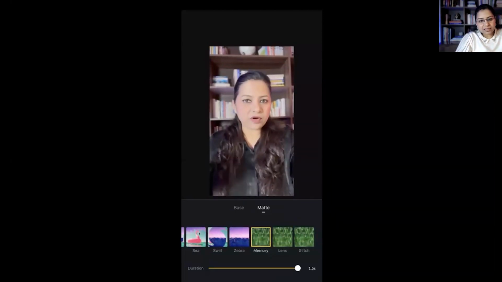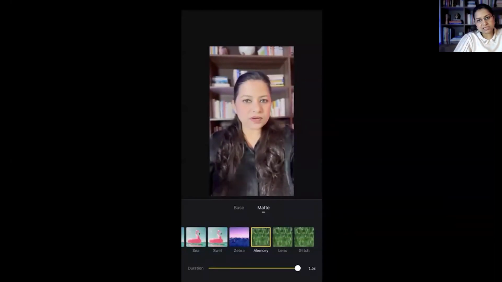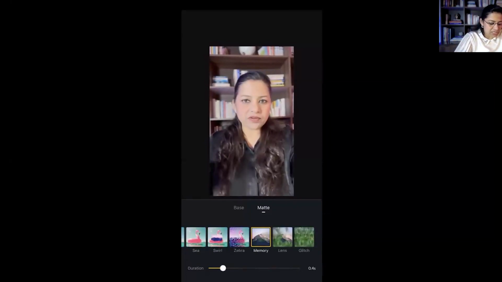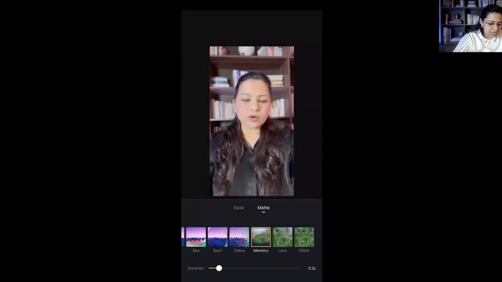Similarly, if you want to increase the duration of the transition, or maybe you want to decrease the duration of the transition, the control is on the yellow line. Highest here is 1.5 seconds. Depends on you how you want to create it. This is 0 seconds and this is 1.5 seconds. 1.5 seconds means it will take 1.5 seconds to complete the transition, so it will go slow. If I make something like this, which is 0.2 seconds, it's going to be super fast because it is going to change within 0.2 seconds.